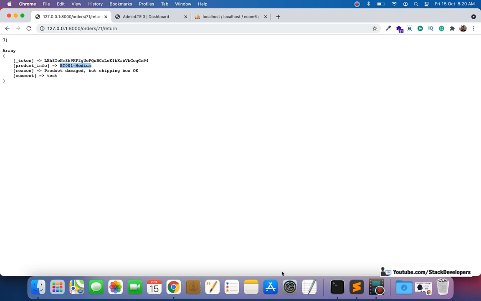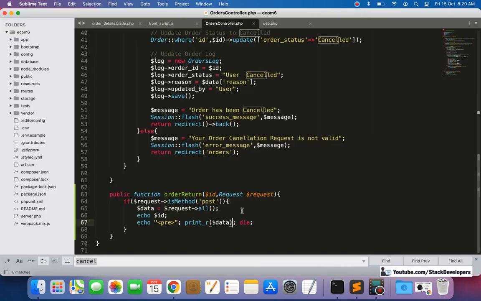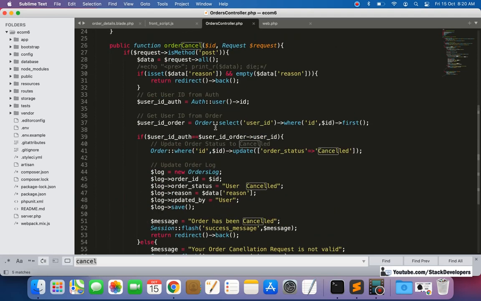Okay, so here we will continue this order return function. We have this id as well as the return item details, but first of all we are going to make it secure, like we have done in the cancel process. Here we will get the user id, and also we will get the user id from the order from auth.